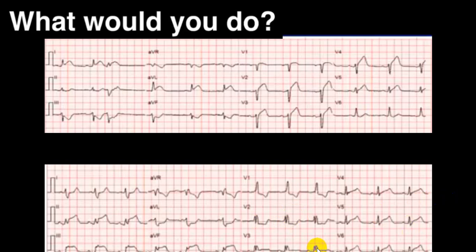There is ST elevation in V3, V4, V5, V6, which goes in favor of lateral wall infarct. So inferior, lateral plus posterior. There is also an R wave and ST depression with T wave inversion in AVR. These are all puzzles. So we are going through what we call the STEMI equivalents.